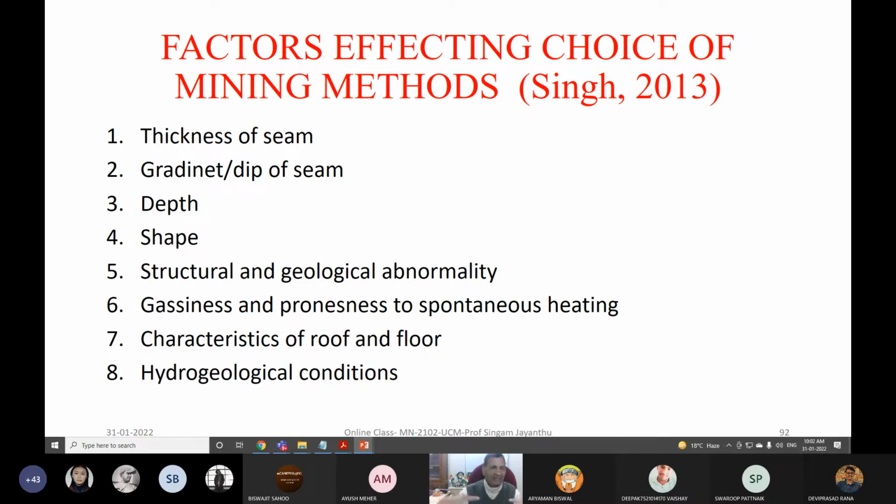Your sides may become very weak. So Bowden pillar is not at all suggested or considered as a choice of that method. And in that case, what method should you prefer then? When there is more depth, to some extent with some stress relieving techniques, and stress relieving also I will give you one example,